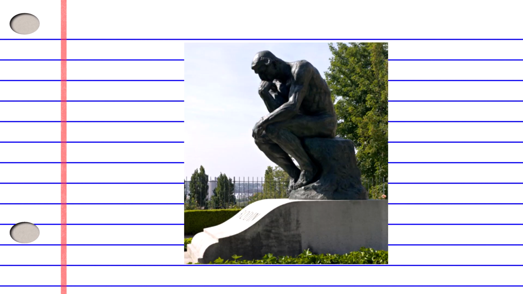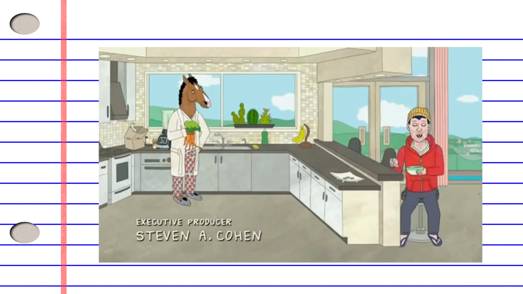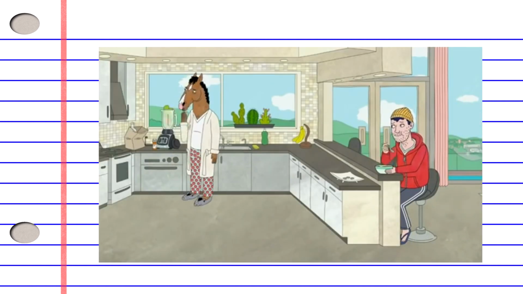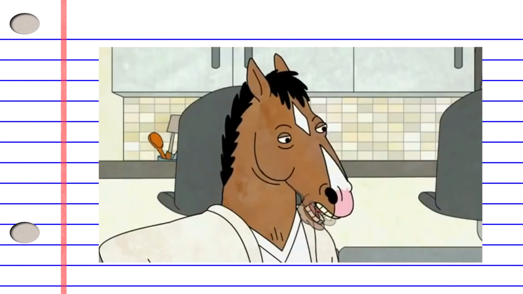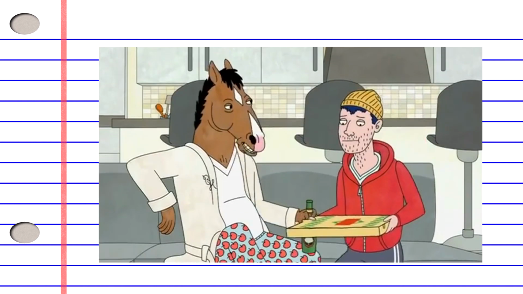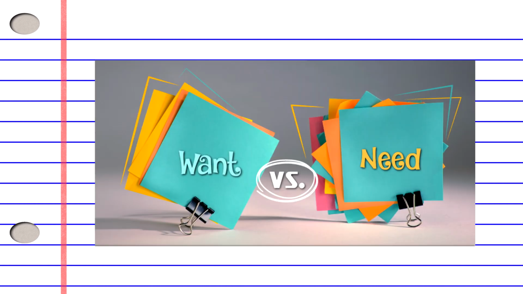The desire of your character can't just be a state of being, like, I want to be happy. For that to work, you have to break down what being happy means to that person. BoJack Horseman explores this in many areas, with BoJack trying to fill the void with fame, fortune, sex, and drugs. It wasn't until he lost everything that he finds some genuine degree of happiness and what he actually needs: meaningful relationships, and to accept the truth that it's okay to have good things happen to you. Which is where you get the want versus need of character arcs.